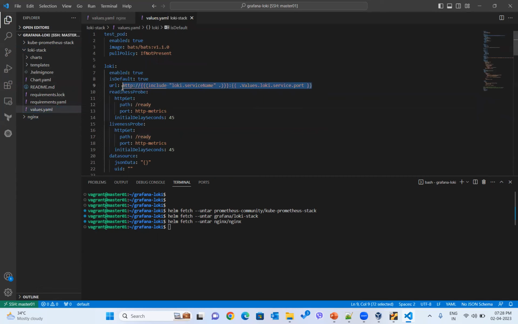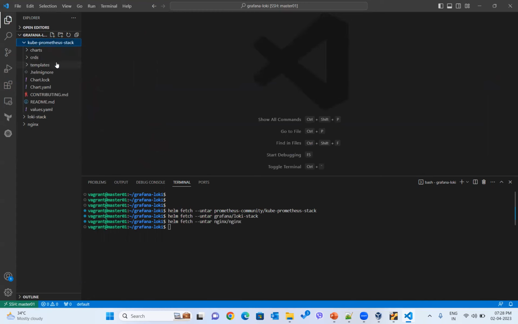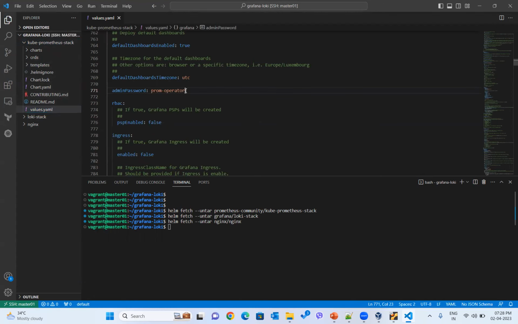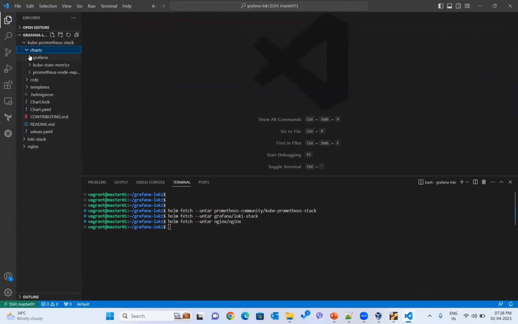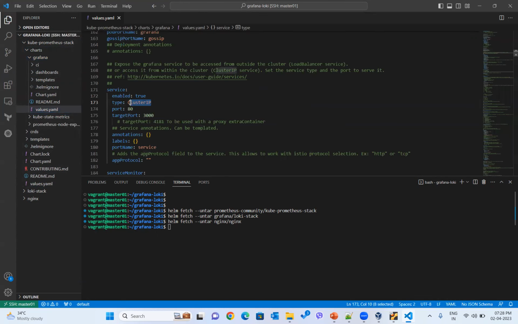Just copy this URL because we need this URL for the Loki data source. Then go to Kubernetes stack, and here in the values.yaml file, just change the password of Grafana to admin. Save it. Then in the charts, go to Grafana, go to values.yaml file, change the cluster IP to node port,